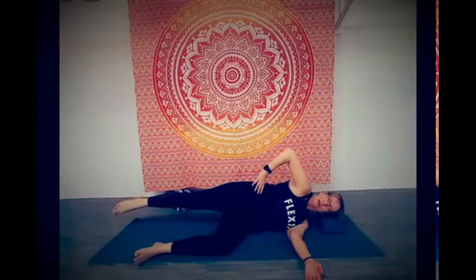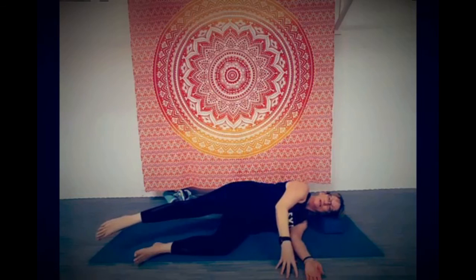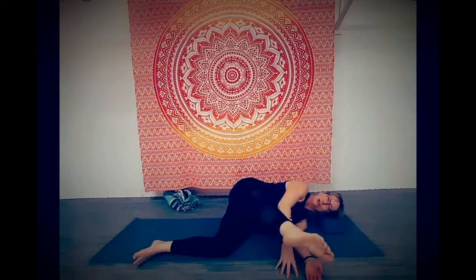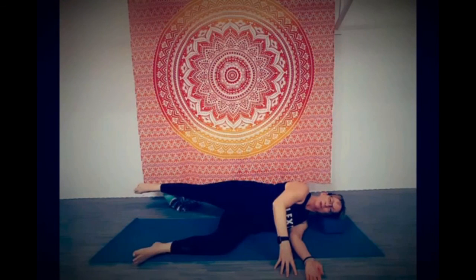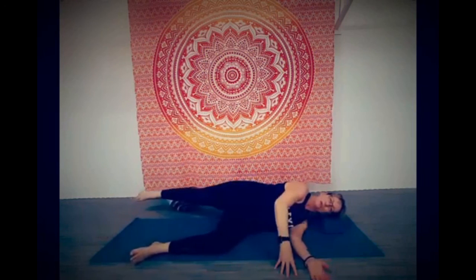9, 2 more, 1 more, hold, pull the navel center in, lift that waistband, gonna bring that leg forward and pump 1, 2, and bring it back. Do it again. 1, 2, we'll pick the pace up. Here's your breath, exhale,